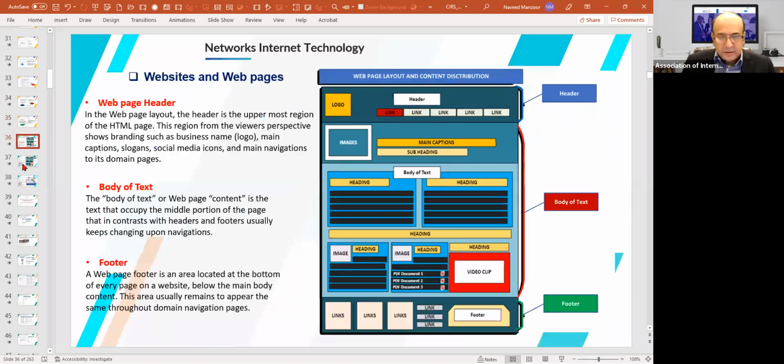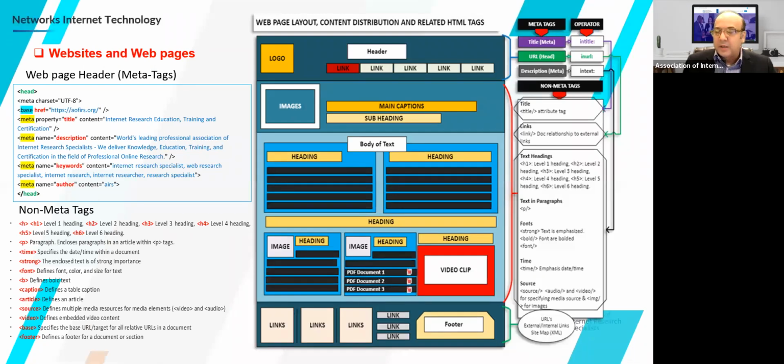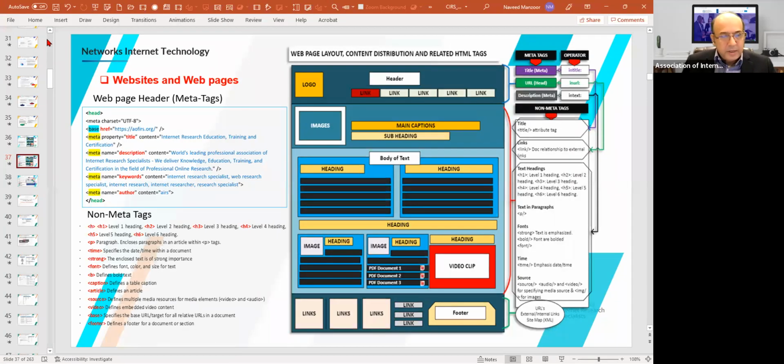Okay. I think we can start with this slide right here. We're just continuing with where we left off yesterday, because if you look at the outline of your syllabus, I'll just